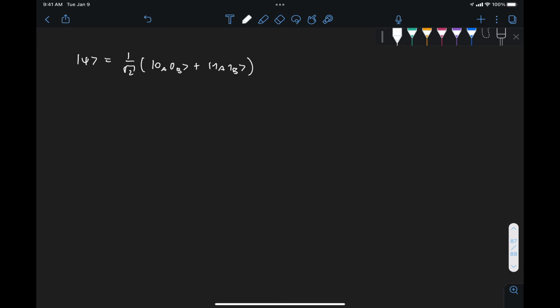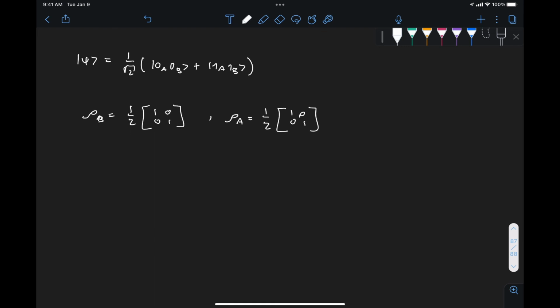And we said that, well, if Bob receives this qubit but has no idea that this is an entangled state, all he can really say about his qubit is that it's represented by the density matrix of the form 1/2 1 0 0 1. And same for Alice. If we apply this concept of the partial trace and find the reduced density matrix for Alice, we get the exact same